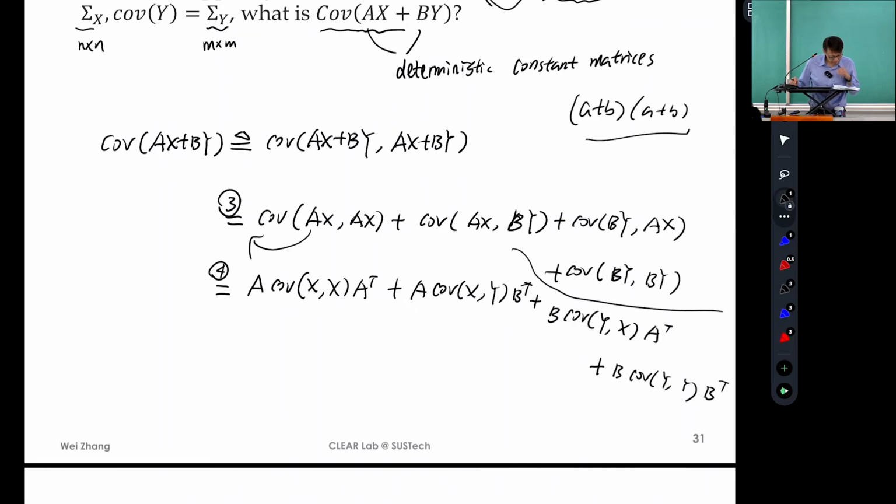Is that right? Okay, so then we can summarize. Based on the condition I gave you, this will be,